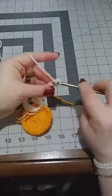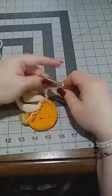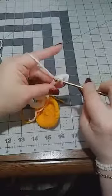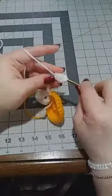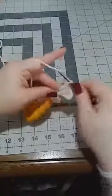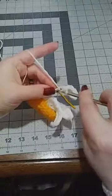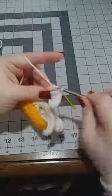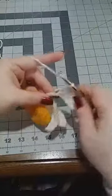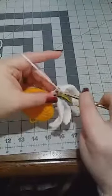Then we're going to do a half double crochet in the next one. And then 6 double crochets in a row. 1, 2, 3, 4, 5, and 6. 6 double crochets, and then we're going to do a half double crochet